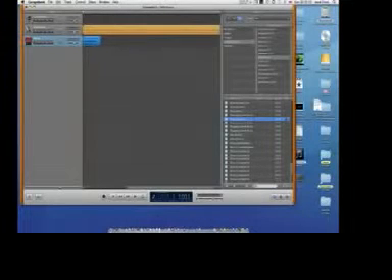And I can also lengthen it by putting my pointer right on the very end corner and dragging it like this to make it longer. It's a bit of trial and error, so you can try it and see what it sounds like to you